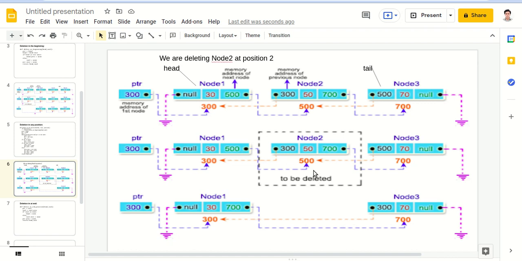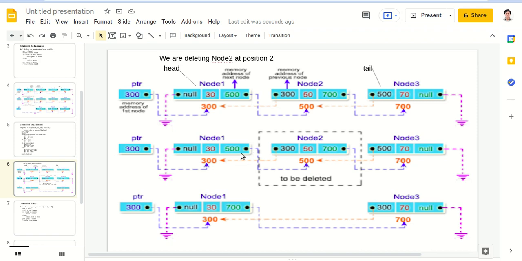intermediate node, that is node 2 at position 2. So this is not the last node of the linked list, so tail won't change, tail will still point to node 3. And what will change? Simply the node 1.next value will be changed. Node 1 becomes prev, and prev.next becomes node 3. Node 2 will become ptr.